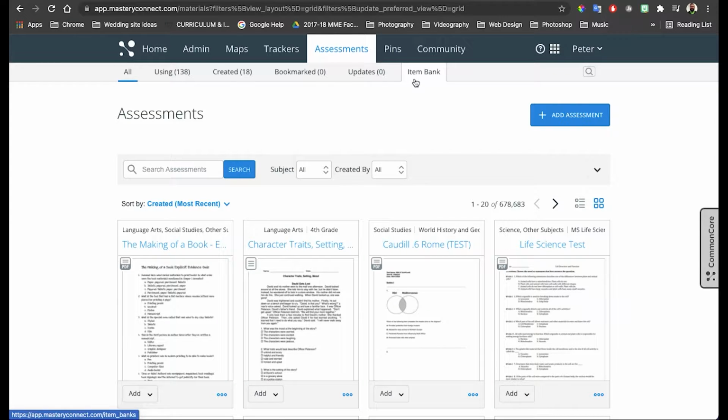To begin this, click on the smaller Item Bank tab, and then if you want, click on the How to Create Items link at the top of your screen right now to watch that tutorial and then come back here. I recommend you watch the Tech Enhanced tutorials first and then watch my Item Bank tutorial second, and then come back and finish this tutorial